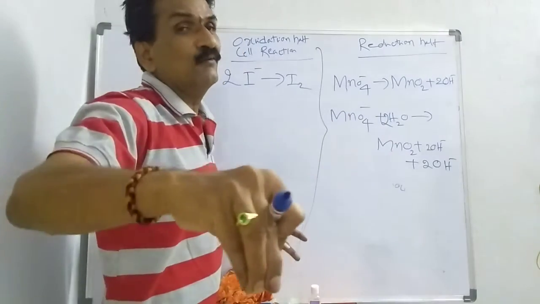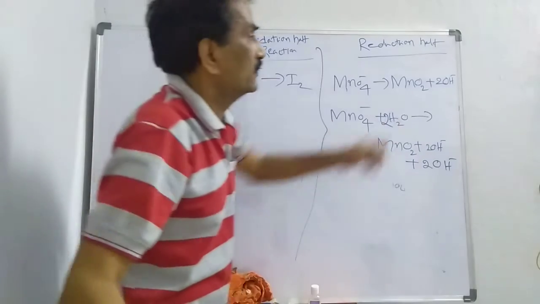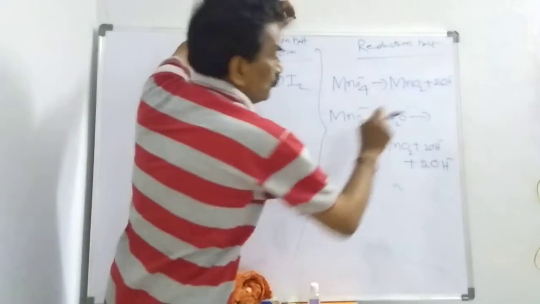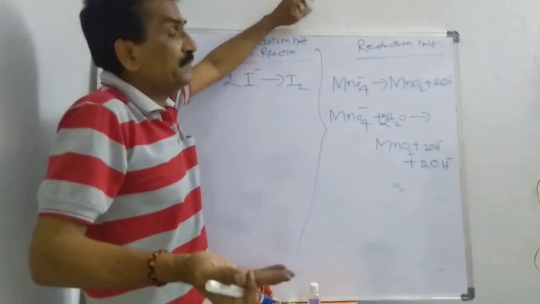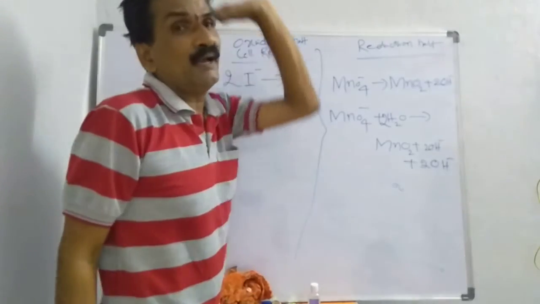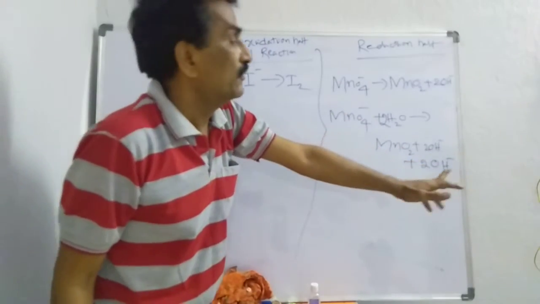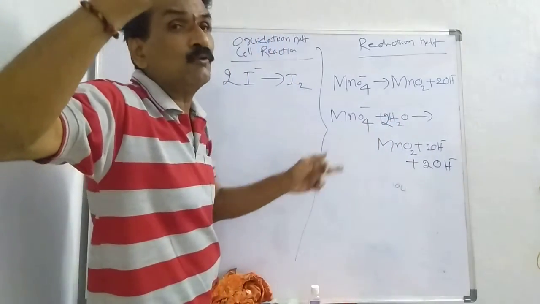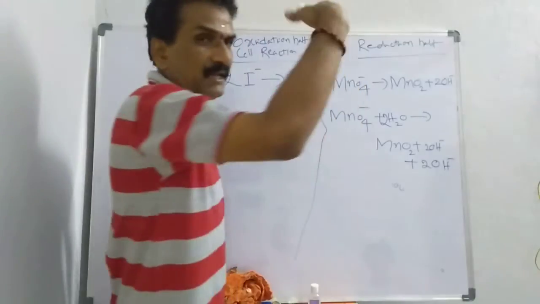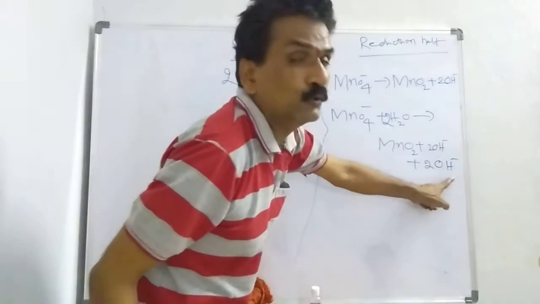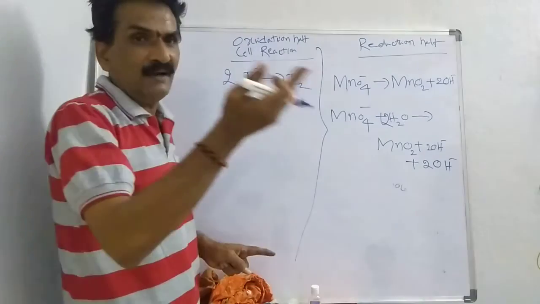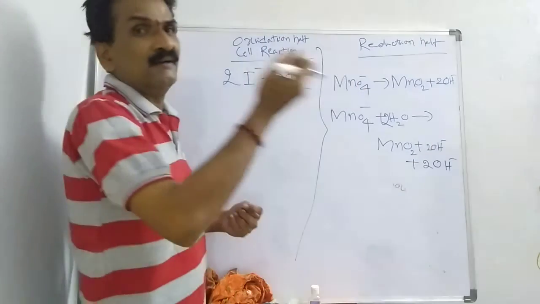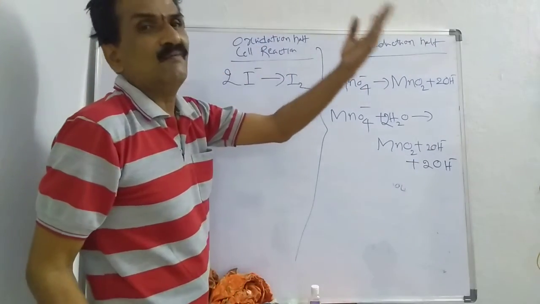where hydrogens are less, we have to add water molecules. Here 2 H's are there, here there are no H's, for which I have added 2 H2O. Okay. At the same time, what we have to do? We have to add opposite side 2 OH minus. Number of how many water molecules you have added? 2. The same number of OH minus are being added to right hand side. If you add left hand side, you have to add OH minus on right hand side. If you add right hand side, you have to add left hand side.